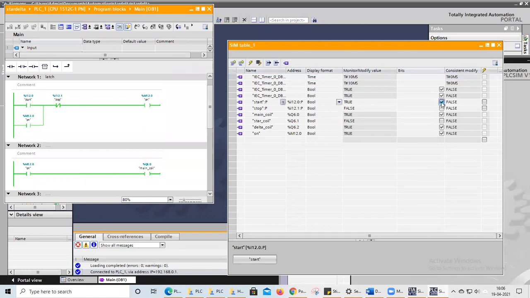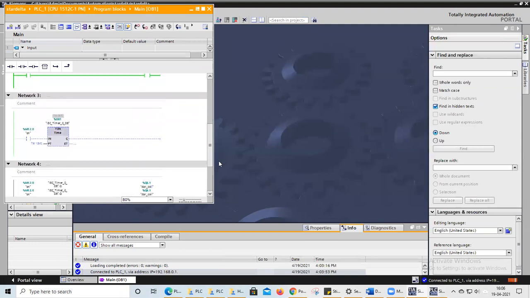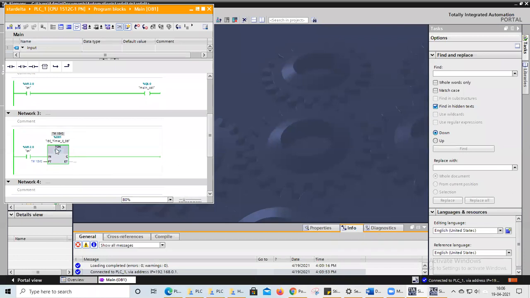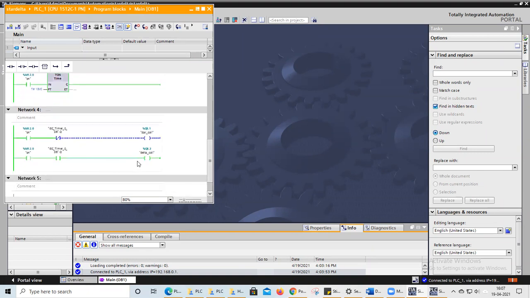Once I started this circuit, I released my button here, and my circuit is latched. And here I have given 10 milliseconds. After 10 milliseconds, this timer is on and the position of this delta coil is on. Previously star coil was on, now delta coil will be on.